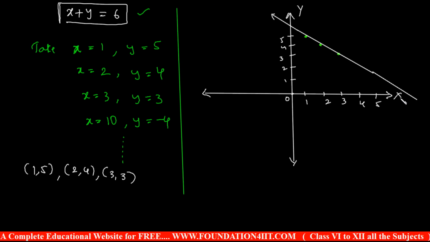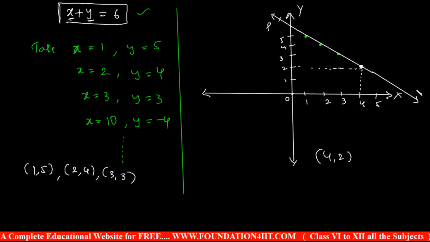So that means whatever the point on this line. Not only here, if I take one point, if you assume this is a point, 4 comma 2, x-axis 4 and y-axis 2, if you notice, that means 4 comma 2 will also satisfy this equation. X is 4, y is 2, 4 plus 2 is 6, right? So here are the 2 points. One is every solution of the given equation determines a point on the line.